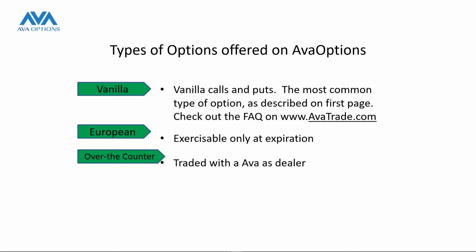I mentioned that we're trading European style options. That is the standard of the foreign exchange market. We also are trading what are often called vanilla options, as opposed to an exotic option or, for example, a binary option. We are not trading binary options at AvaTrade. And these options are what's known as over-the-counter. Just like everything else you're trading with Ava and other similar brokers, you're trading over-the-counter. Your counterparty is AvaTrade, which of course is an excellent, globally regulated, well-capitalized firm.